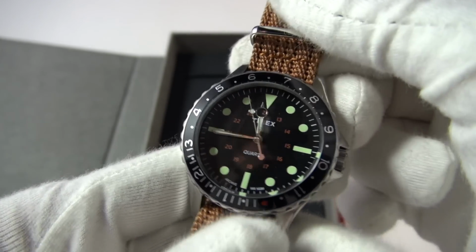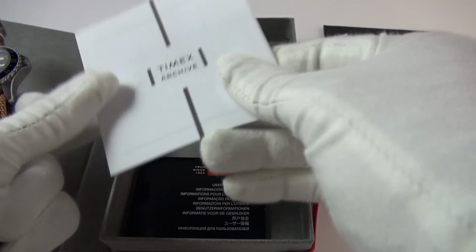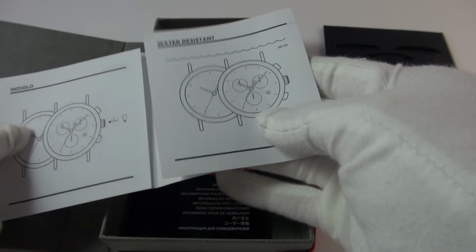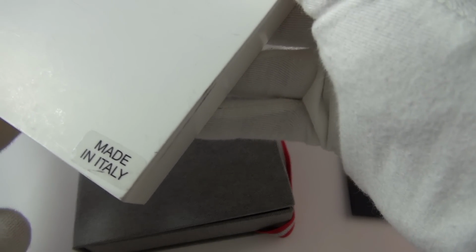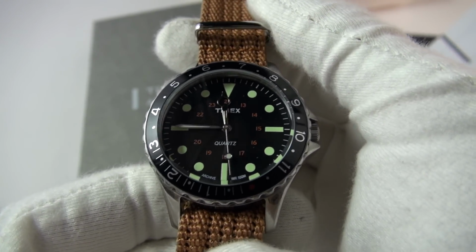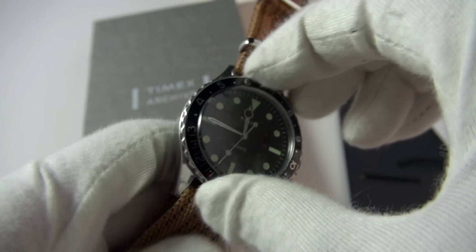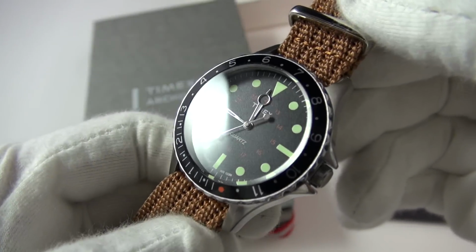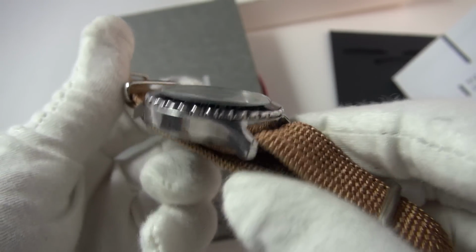Now this is the, what is this called? Is there any literature? Oh, here we go. Very cool. Very simple, unpretentious. There we go. The glow. So this is the Navigator Harbor. Look at that dial, very military inspired, obviously. And, you know, Timex's designs are just spot on at the moment, really spot on. I think it costs about